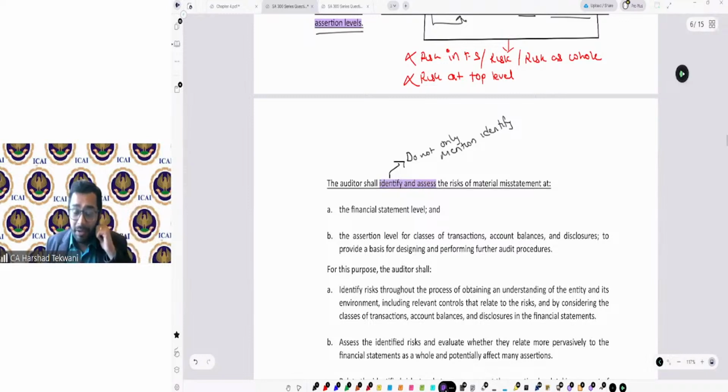Identifying and assessing. There is a difference between both. Identifying means you only identify there is a risk of inaccurate posting of invoices. Assessing means assessing whether the risk is high, medium, or low. So identifying is only identifying what could go wrong. But whether that is a high risk, low risk, medium risk, that is